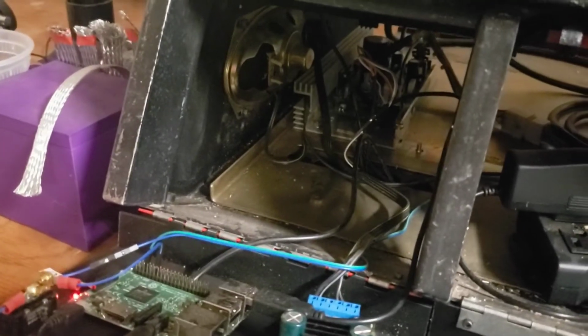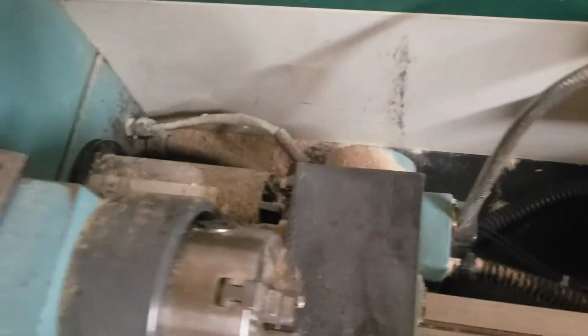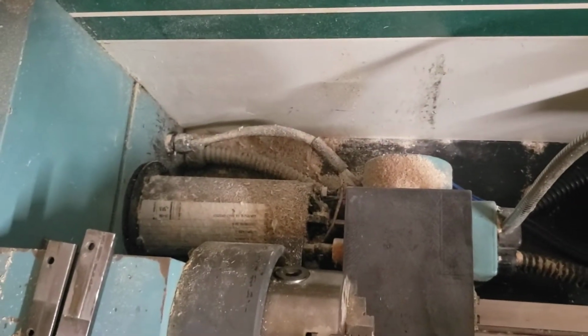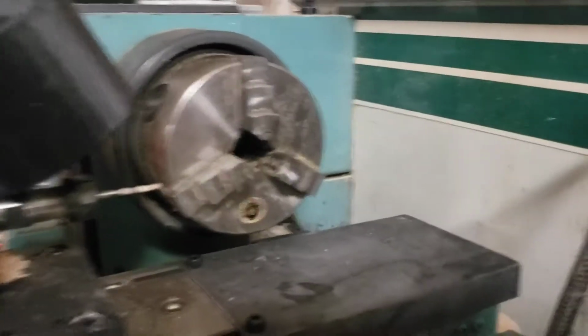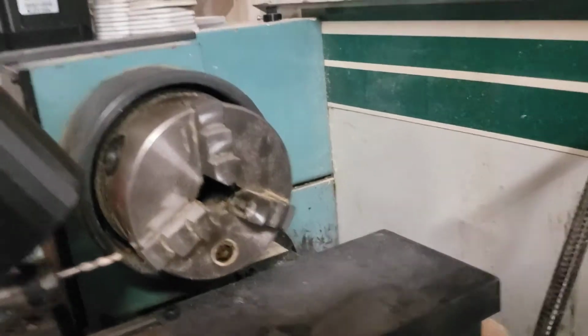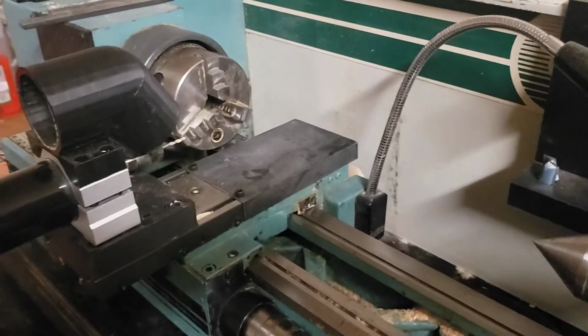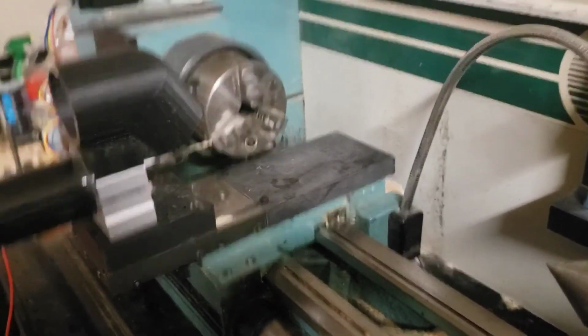Then tucked back in there, you can see that is the speed controller for a treadmill. And if you look up top, this thing didn't have a motor when I got it, so I wound up sticking in a treadmill motor back there to run it. And I wound up picking up an aftermarket chuck because this thing didn't come with a chuck either. So I've printed up a few doodads here just to be able to use a live spindle,